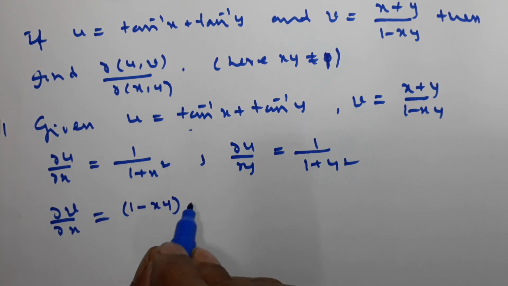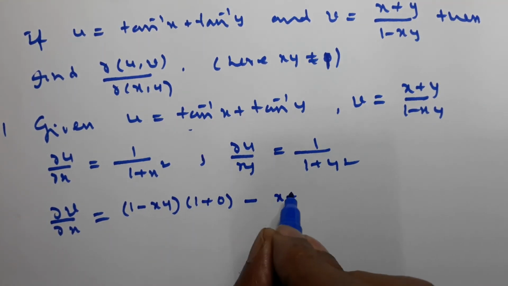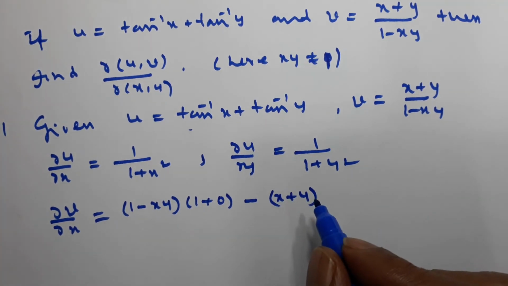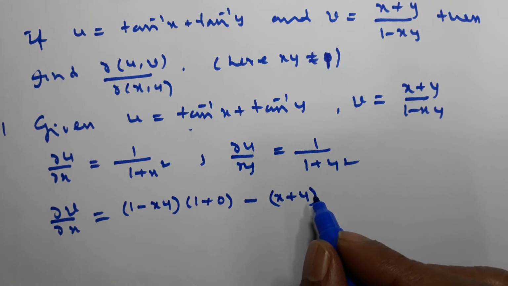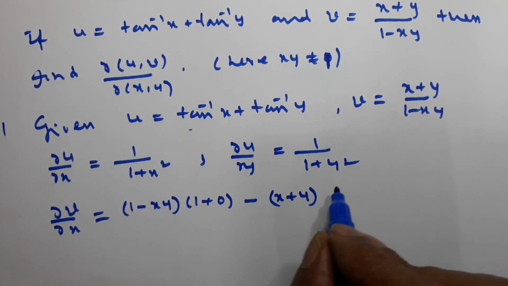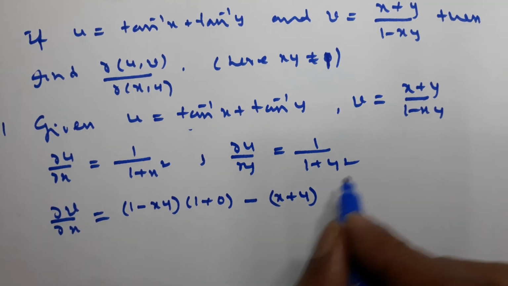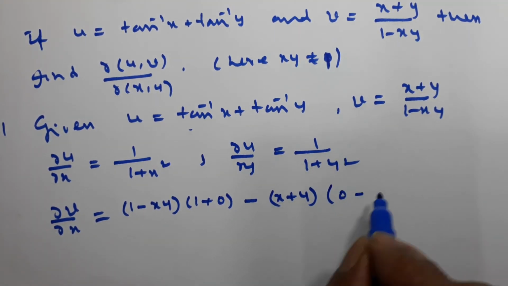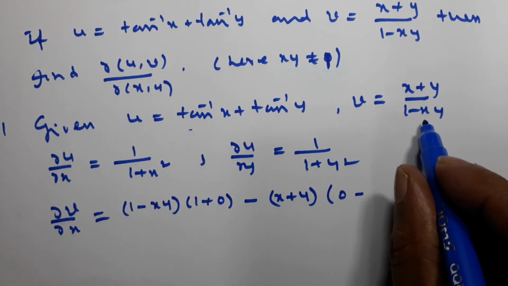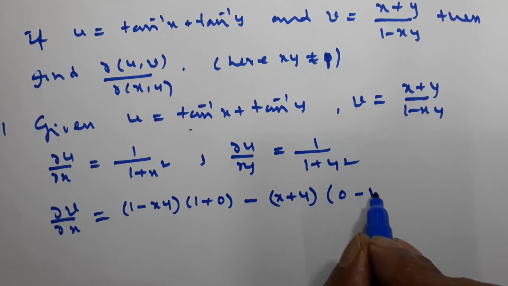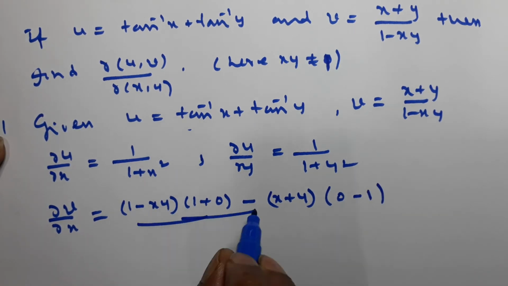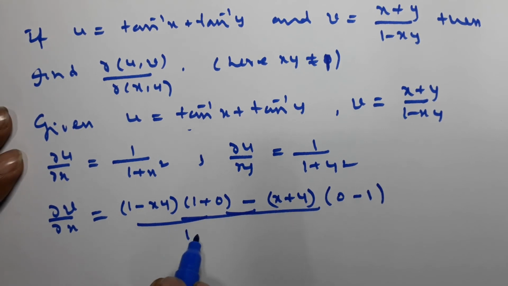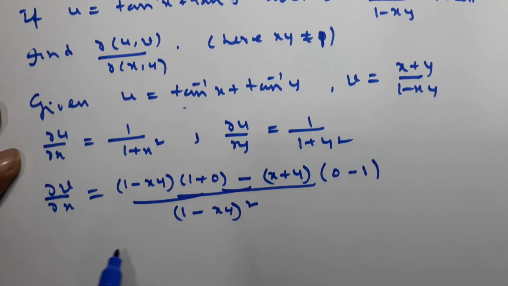So 1 minus xy into x plus y differentiated with respect to x, it is 1, actually 1 plus 0, minus x plus y into the denominator with respect to x differentiated, as 0 minus y, y is constant, x only can be differentiated, it is 1, divided by 1 minus xy whole square is equal to,